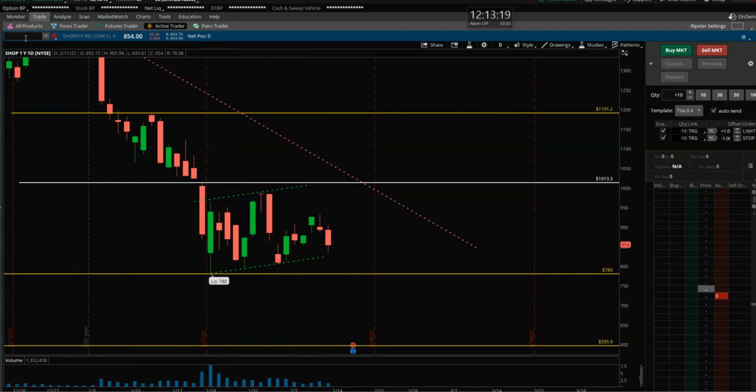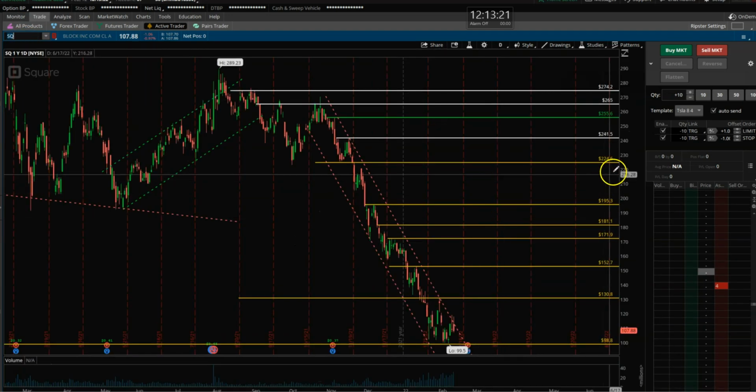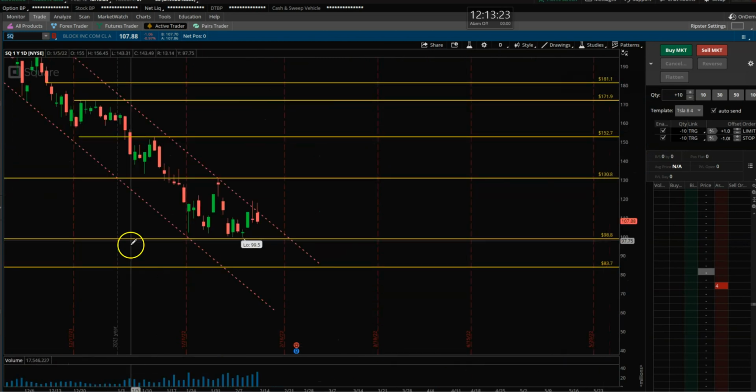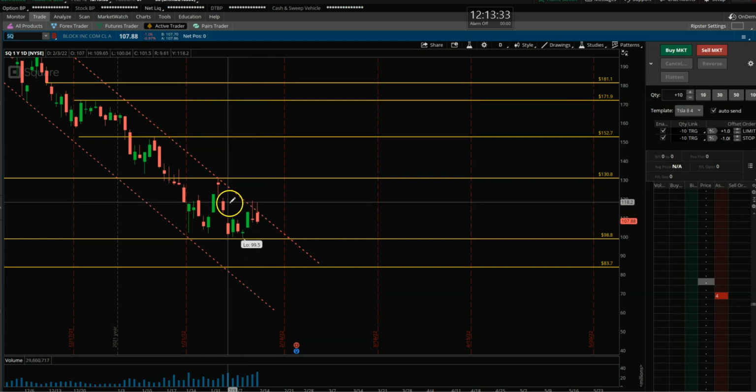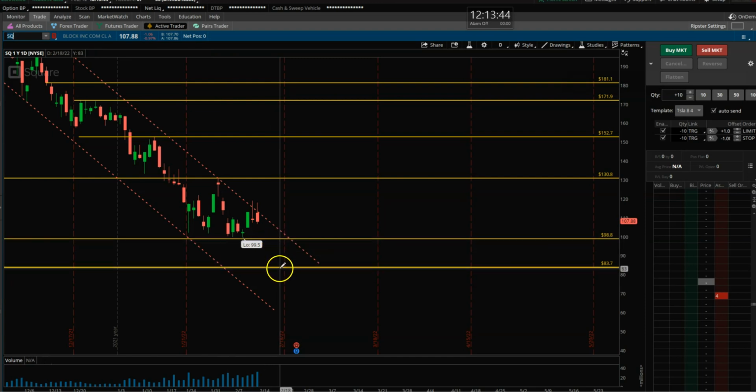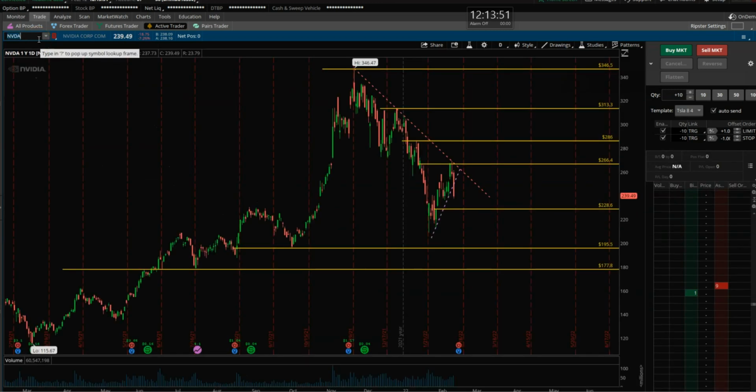Okay, let's look at Square. Still weak. No love in this name. Yes, it's holding the 99 level. Again, it still got rejected from the downtrend line, top wicks. So unless it can get above 120.5, it remains under pressure. Getting above 120.5 can push it towards 131. But the breakdown happens again below 99, and 83 is the level to target if it does break down below 99, 98 level.